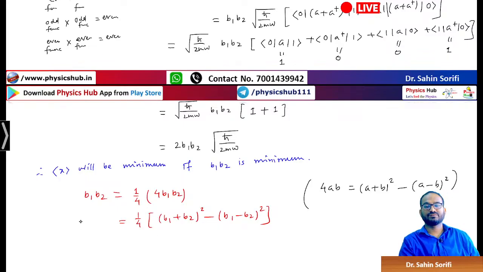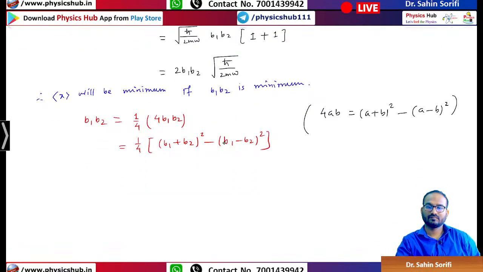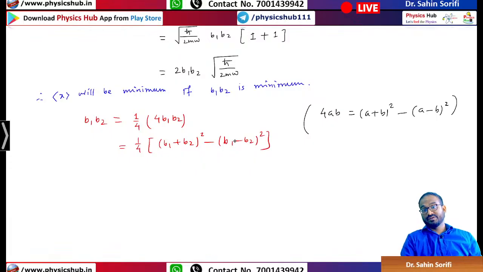So for what values of b1 and b2 will this b1 b2 be minimum? Look, if you choose b1 is equals to b2, then this part will be 0. So this is positive, positive minus 0, so we will have some value. But if you choose, let's say, b1 is equals to 0, b2 is equals to 1, it will give you positive minus 1. So obviously that is lesser, na? So b1 b2 will be minimum